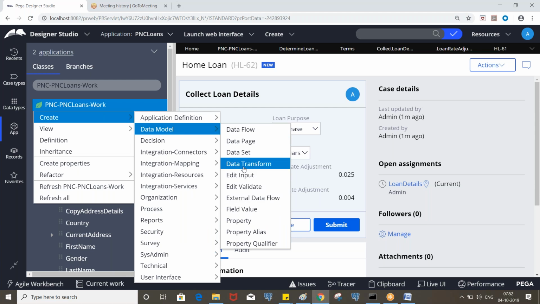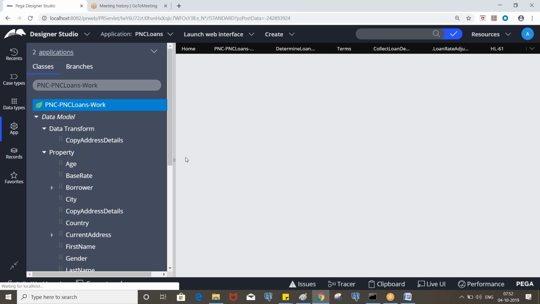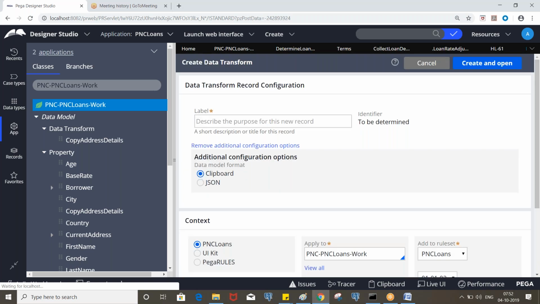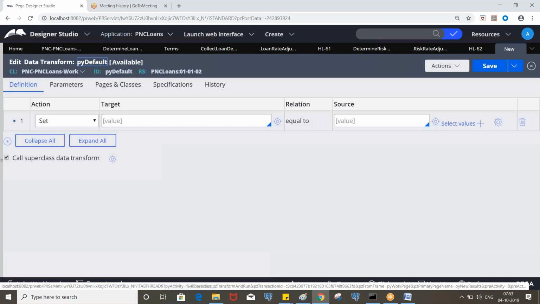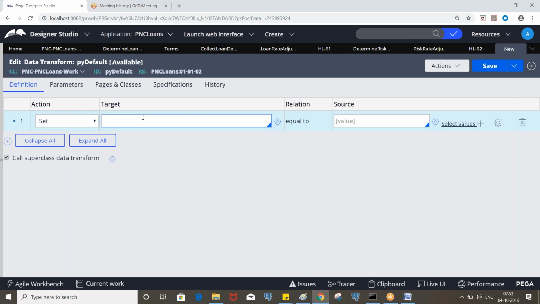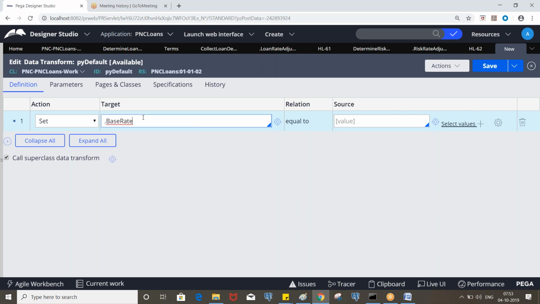Let's create a data transform with the name PY default. If you create a data transform other than this, then you need to invoke it in the pre-processing or post-processing of the flow action. We don't need that, right? Because we already have the initial data transform which is executed every time you execute a flow. So we can specify it here itself.